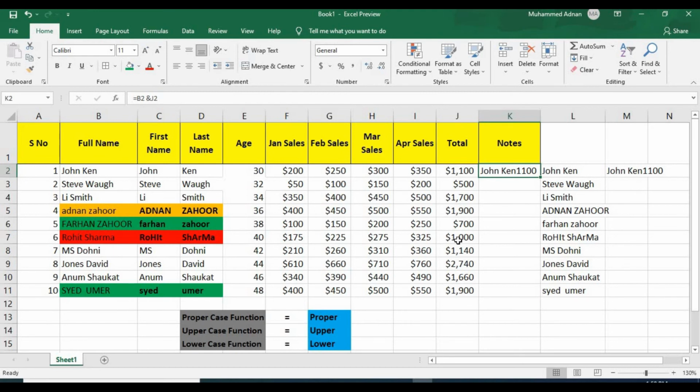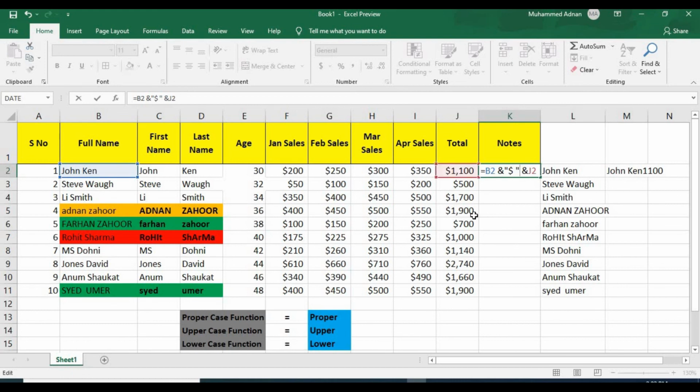So how can we put a dollar sign? Once again we need to double click on this cell, and over here you need to insert the & sign again, and then open quotes, insert your dollar sign, then a space for a presentable look, and then close the quotes.